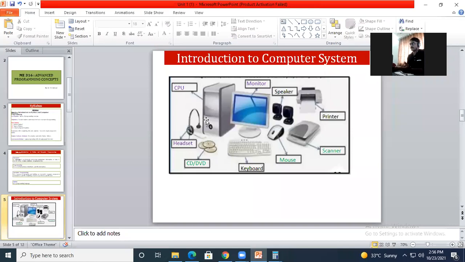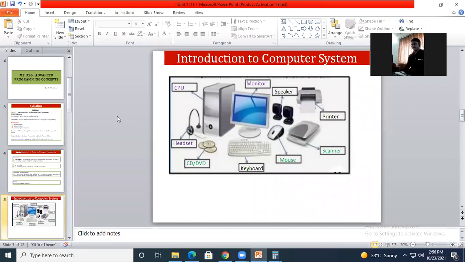So CDs and DVDs were used in a previous era. If you have a computer system at home, you will find no space for a CD or DVD drive. Earlier there used to be a space for a CD and DVD drive, but the latest computer systems do not provide CD and DVD drives. They have USB ports for attaching your pen drives.